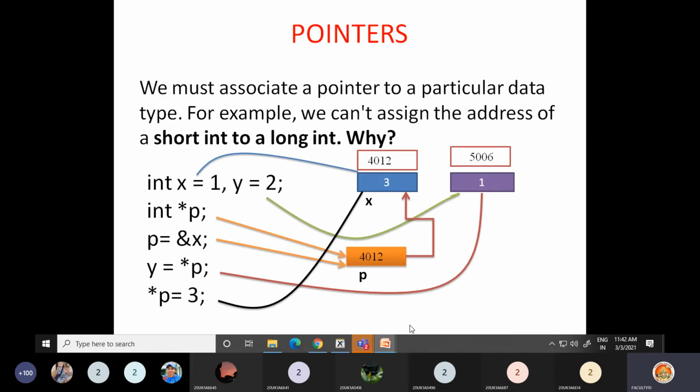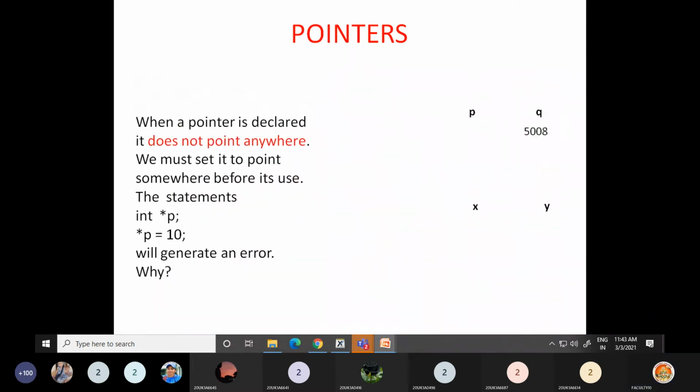Now take the statement int *p, and if you say *p is equal to 10, this gives an error because you have not made p point to any variable and directly stored some value. To which address is it pointing? Nowhere. That's why this creates an error.